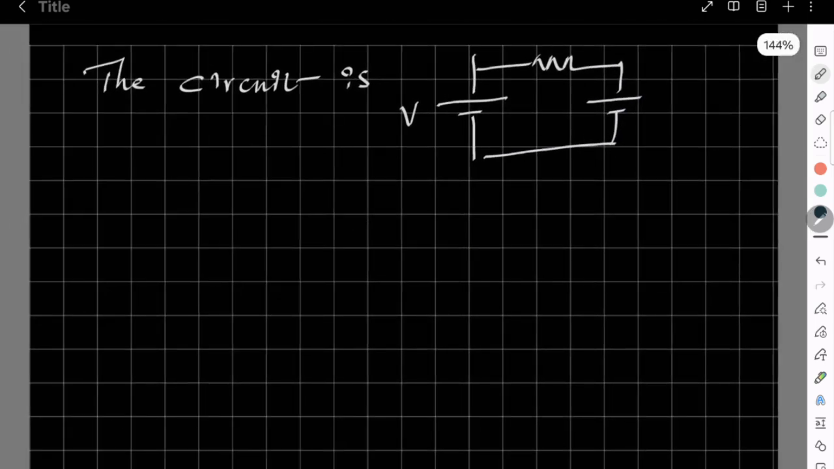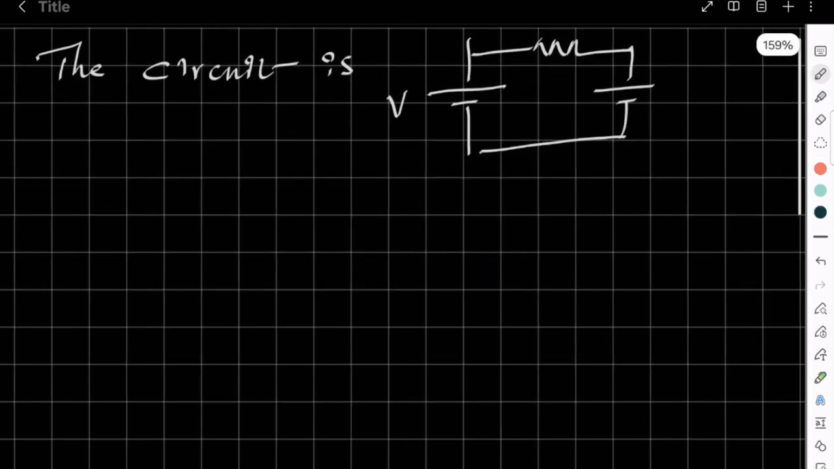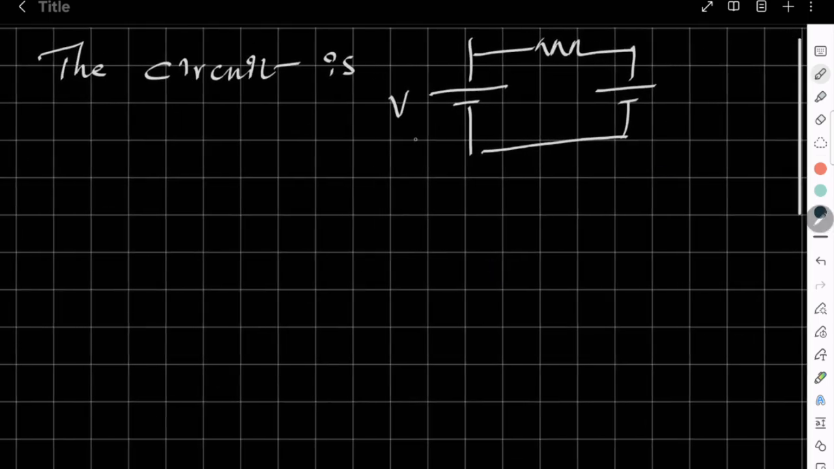So this voltage source value, for example, is 5 volts and the other is 1 volt, and the resistor value is 4 ohms. Then what is the current? Out of the two voltage sources, which is delivering the power, which is absorbing the power? Anyhow, the resistor will be absorbing the power only. Okay, so 4 ohms